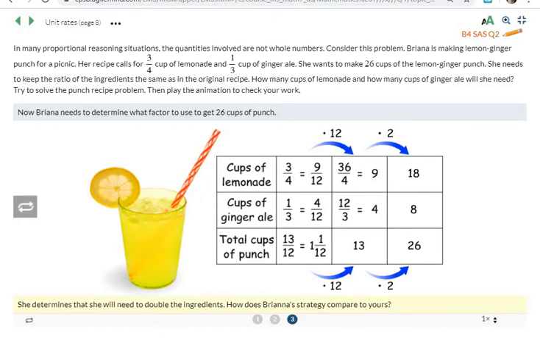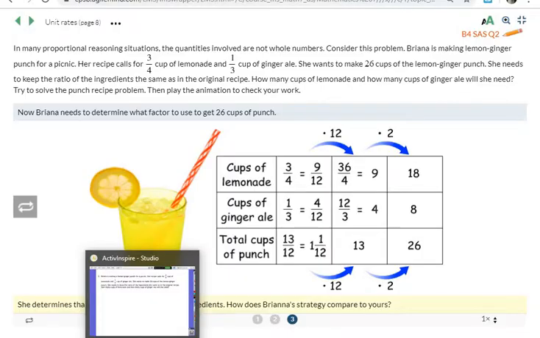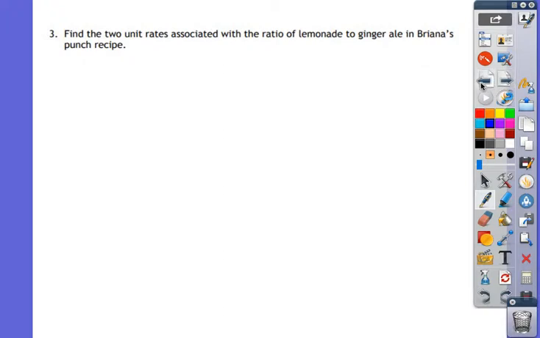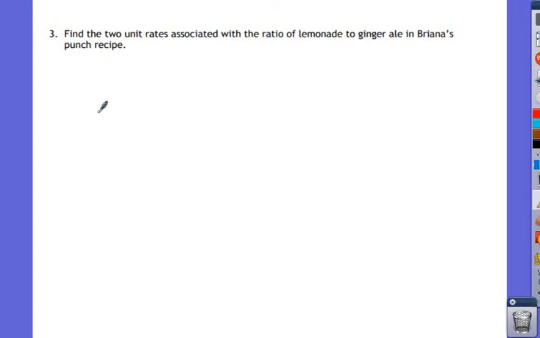Alright, moving to problem 3. Problem 3 says find 2 unit rates associated with the ratio of lemonade to ginger ale in Brianna's punch recipe. Well, you wrote the chart above this problem, and I need 2 different unit rates. Remember, unit rates have to have a 1 involved. So I need to find some sort of unit rate